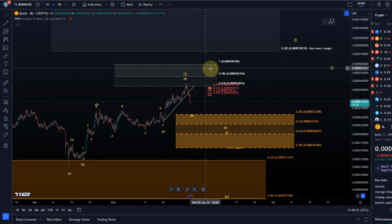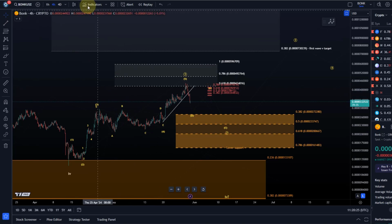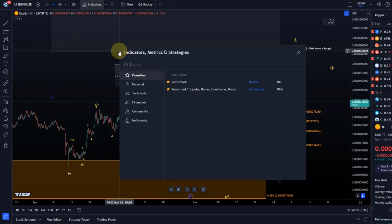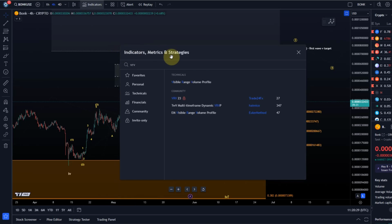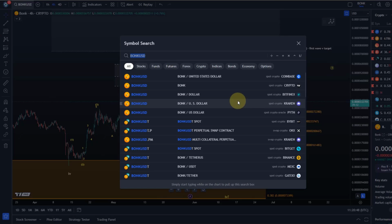I'm sure there is a bit of a spike where that triangle is. Oh, why does it not load? Let me just add another one. VRVP. Haven't checked it before actually. Yeah, that's weird. Oh, that's a shame. The data vendor doesn't provide volume data. Well, that's okay. Might check the